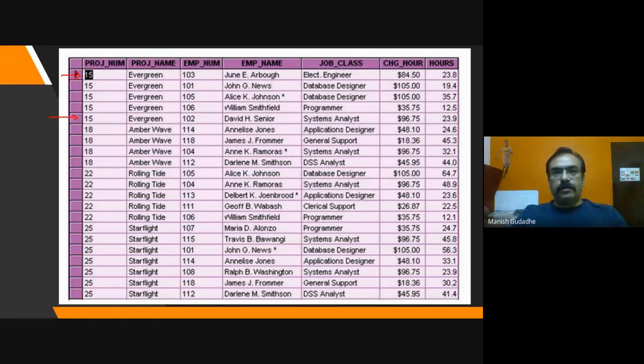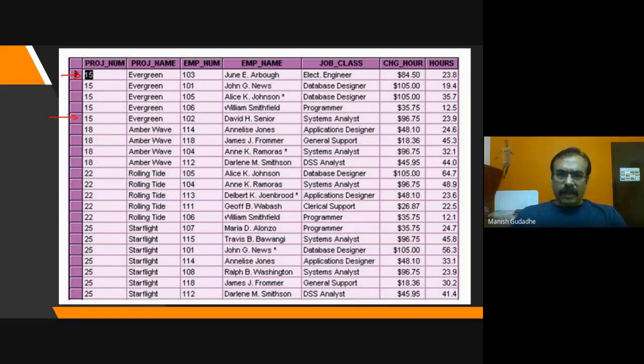Secondly, all key attributes are mentioned. The generated attributes like total charges or subtotal or the complete total are all neglected, because those can be generated anytime. I can simply say select charge hour into hours from this table, and I'm going to get that generated. So it won't be an issue. That's why we are just testing the key attributes, not all attributes. And the other thing is we are trying to identify whether the primary key is there or not. That we are going to see.